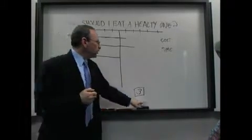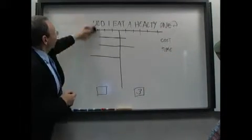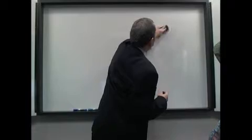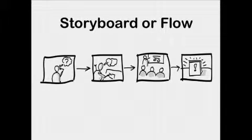Okay. So this is a force field, and to go back to your question, can you do these over and over? Yes, you can break down the entire chain of decision making into all the individual pieces and evaluate each factor with a pro and con list. And as you do this, Dean, you start looking at this